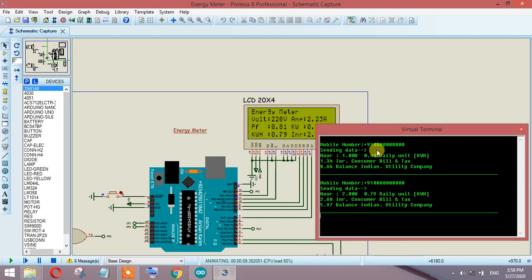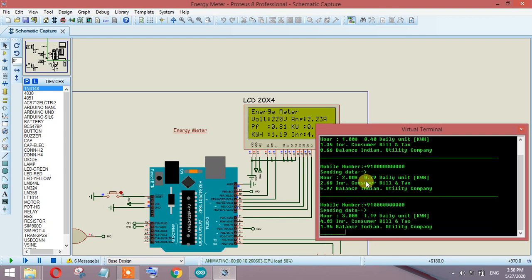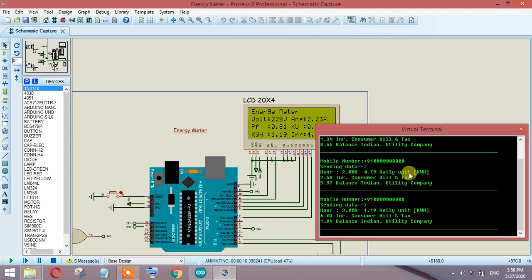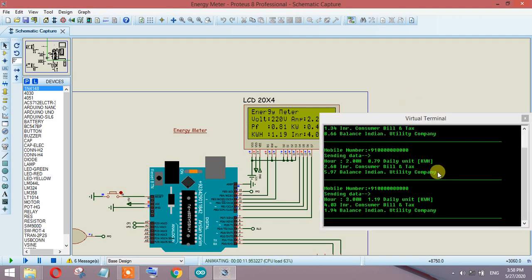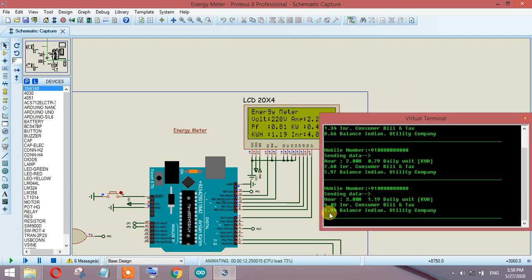You can get the readings over here. This one is the mobile number, you can add your mobile number over here, and this is sending the data like how many hours this has been running. This is the daily unit, how much unit has been consumed. That is 2.68 INR, the bill that you have consumed, including the taxes. This is the balance, and you will see that as I have consumed my balance, right now I have 1.94.